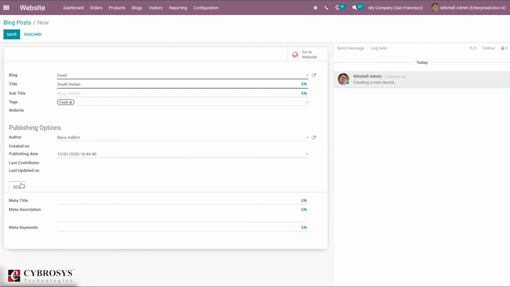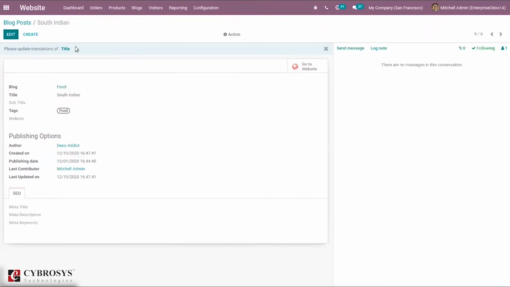Then here you can see search engine optimization for your blog post. Here we can add a meta title, meta description and meta keywords. After this you can save. From here you can go directly to the website and publish this blog post.